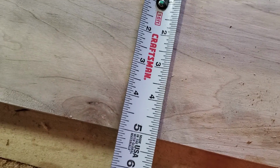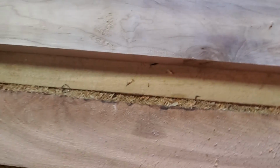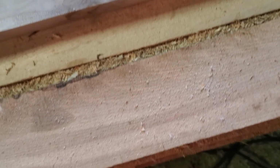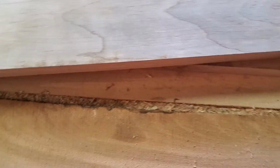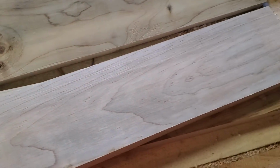But yeah, this is wider. This is, what's that, 4.5 inches, my guess? How close am I? If I get a tape measure, how close do you think I am? I say that's pretty close to 4.5. Well, what do you think? Bah, that's 5-inch. I'm off by 1/2 inch. Yeah, that's 5-inch. So I got 3 pieces of 5-inch. I could make a shelf out of that, or